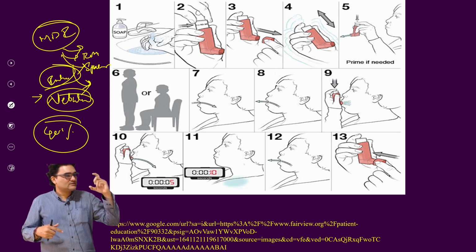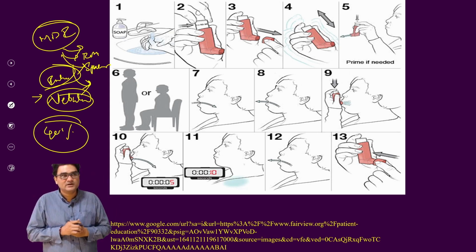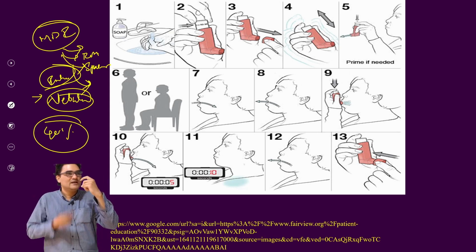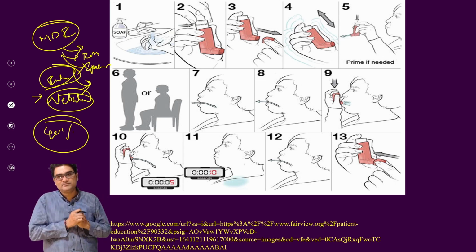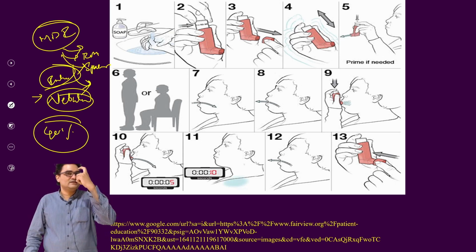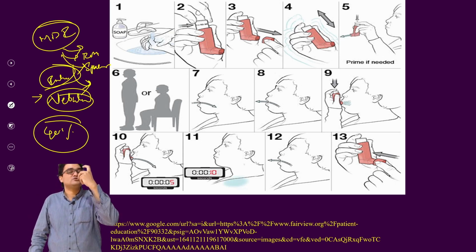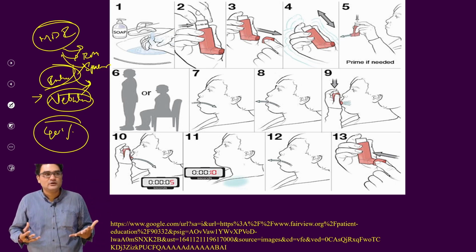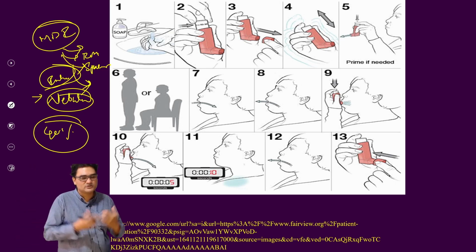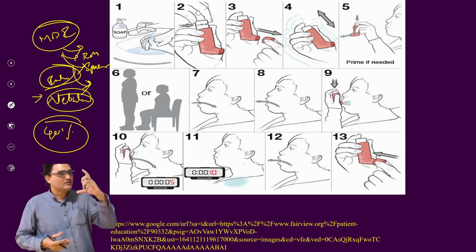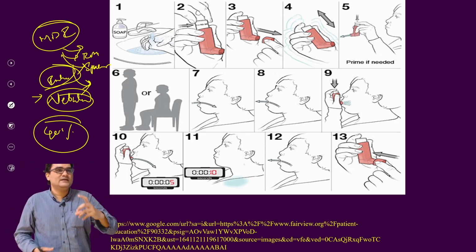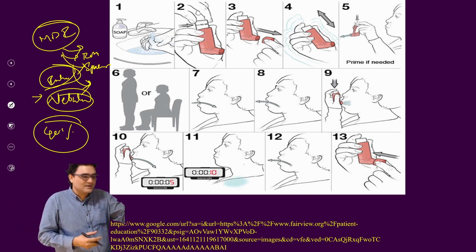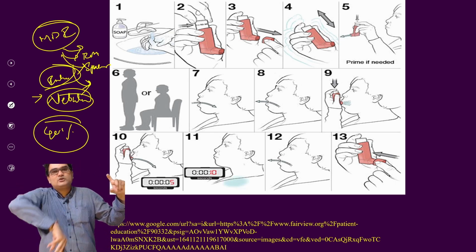First the patient should breathe out. Next, insert this in between the upper and lower teeth. One common mistake is that they insert it between the lips and close the teeth. Then if you spray, the drug stays inside the mouth. There is no use; you are not administering the drug to the oral cavity, it should reach the respiratory system. Then when the patient presses, at the same time they should inhale.